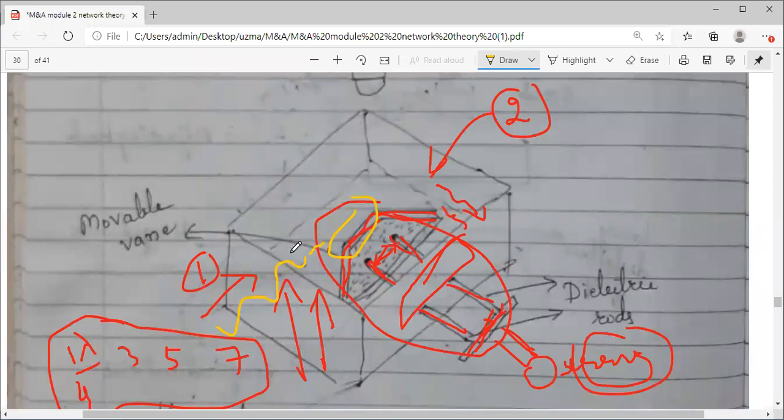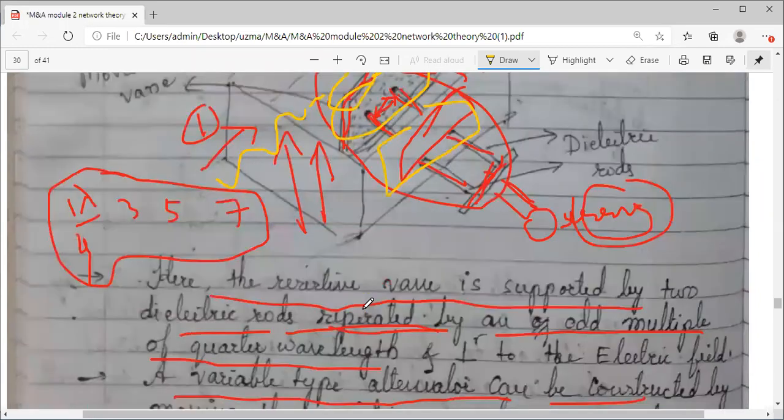The maximum energy will be absorbed, and whatever comes out from the second port will have an attenuated signal. And if you move this to the side wall, the attenuation will not be as much as when placed at the center. That amount of attenuation will not be there. So the attenuation will be decreased if it is completely attached to the side wall. But if it is at the center, maximum attenuation.